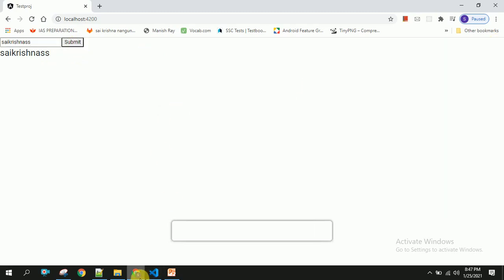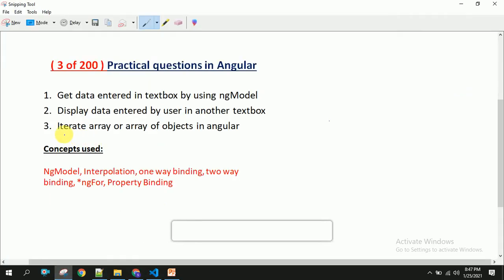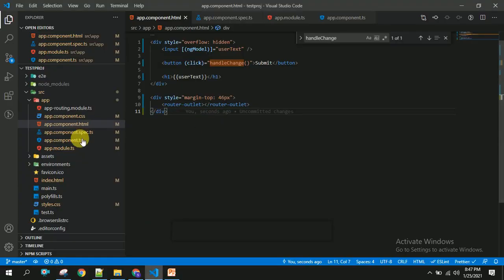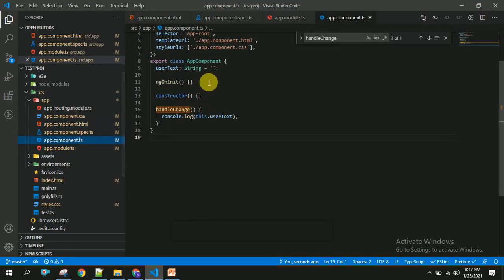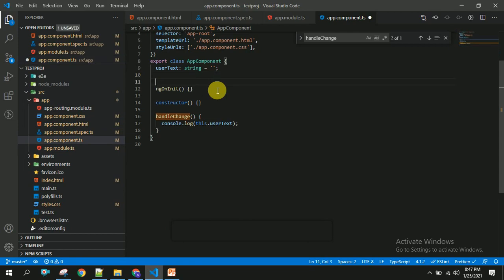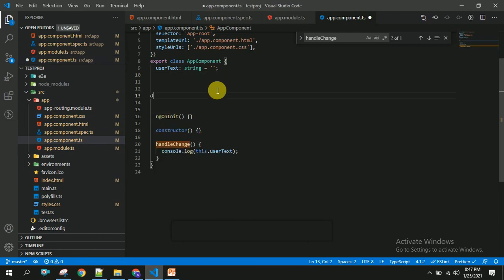The next one is we are going to see how to iterate an array or array of objects in Angular. For this I am going to create an array called data. Data equal to, first I am going to show arrays.